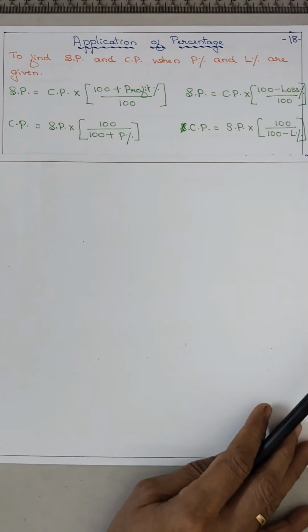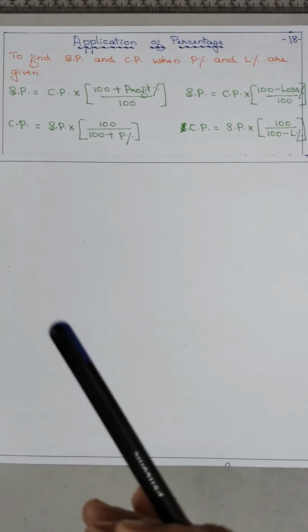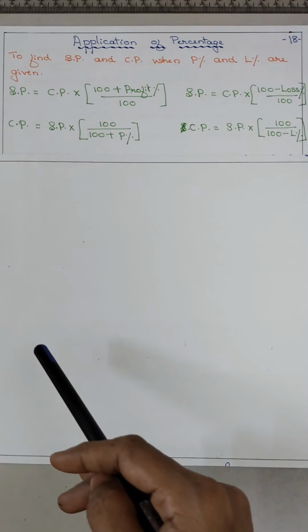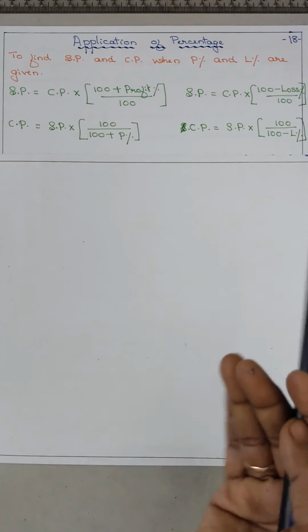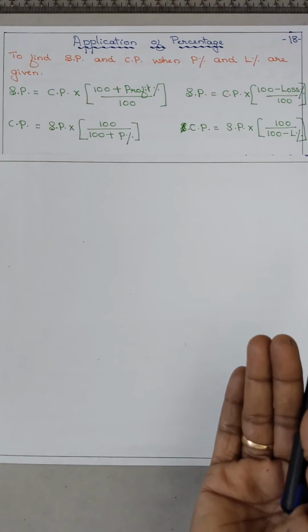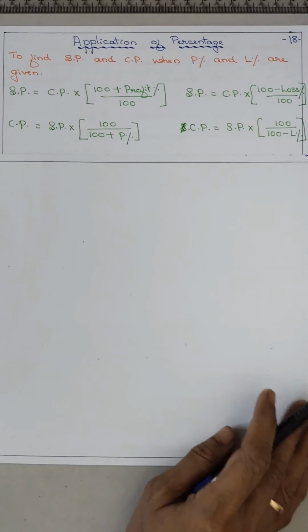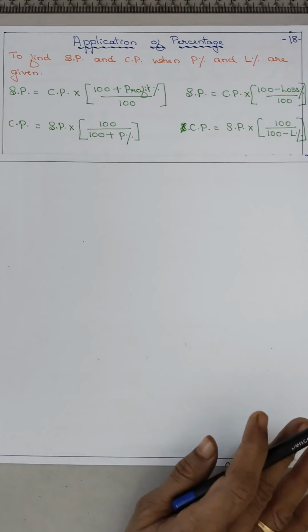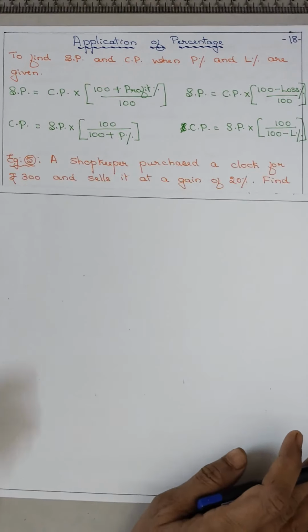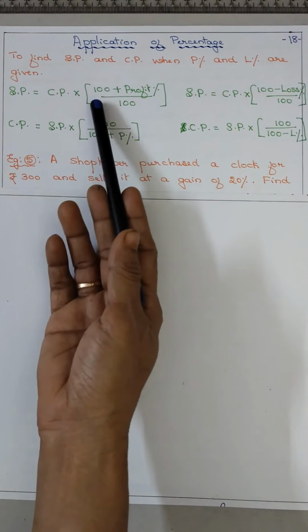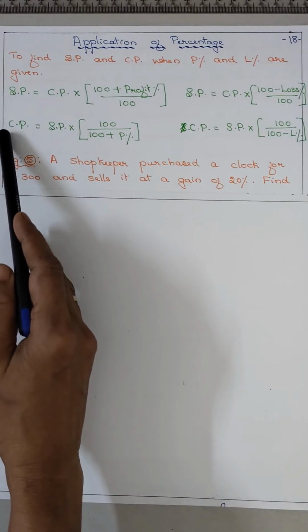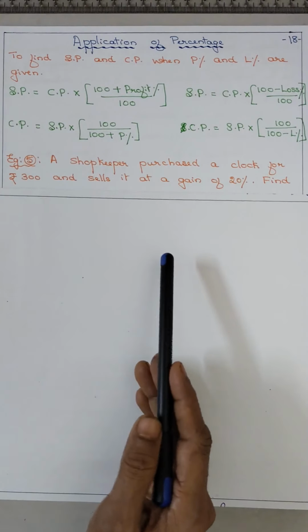Remember like this. Is it okay? For SP, addition or subtraction goes to the numerator. For CP, it will come to the denominator. When profit percent is there, you add. When loss percent is there, you subtract it from 100. That is the only difference. When SP is given, the opposite is CP, isn't it? To find out SP, use CP. To find out CP, use SP.